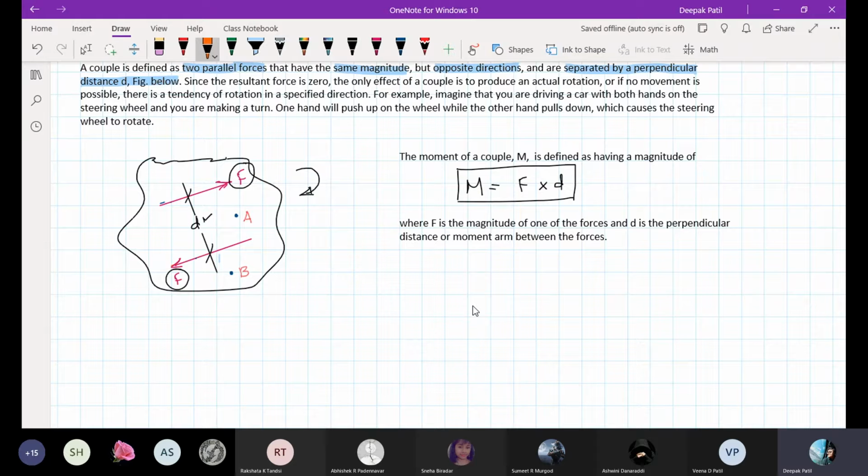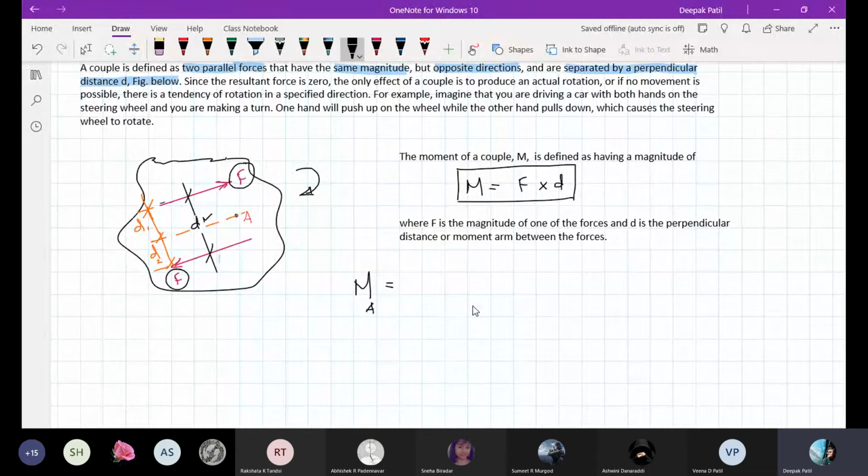First, let me take point A. Let us not consider point B at this point of time. So this total distance is D. Let this distance be D1 and let this distance be D2. Now the net moment at A is given as equal to